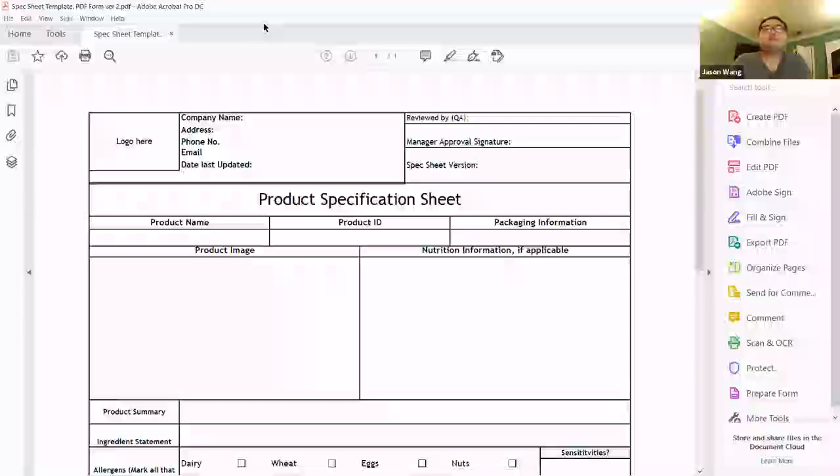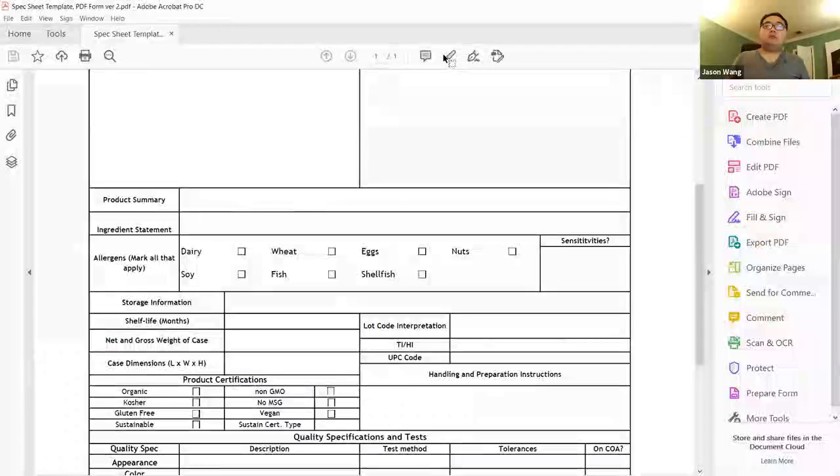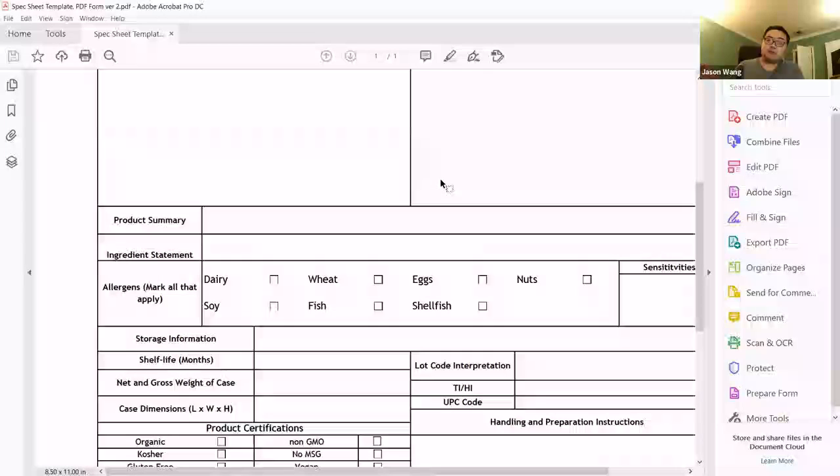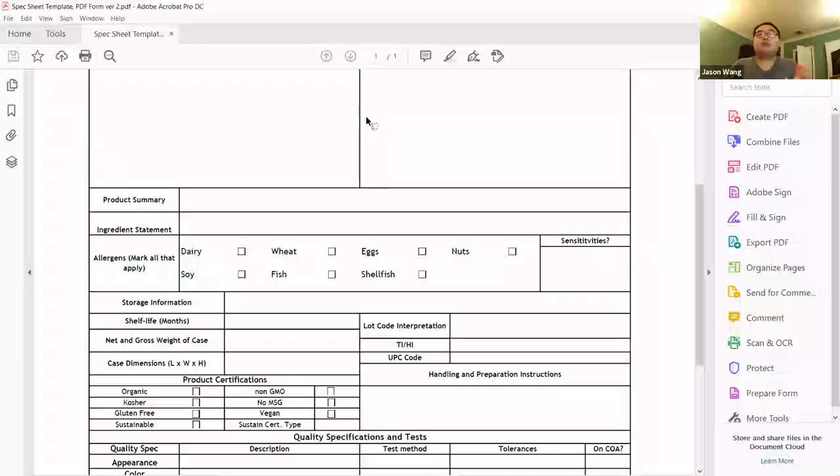So if you just want to zoom in and out, it's also using the Control, but instead of Control Shift plus, it would be just Control plus for zoom in. And then instead of Control Shift minus, it'll just be Control minus for zoom out. And of course, you can always use the